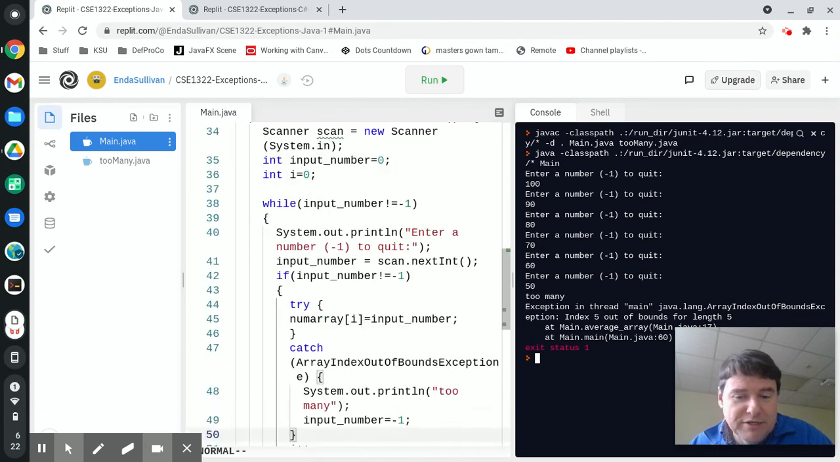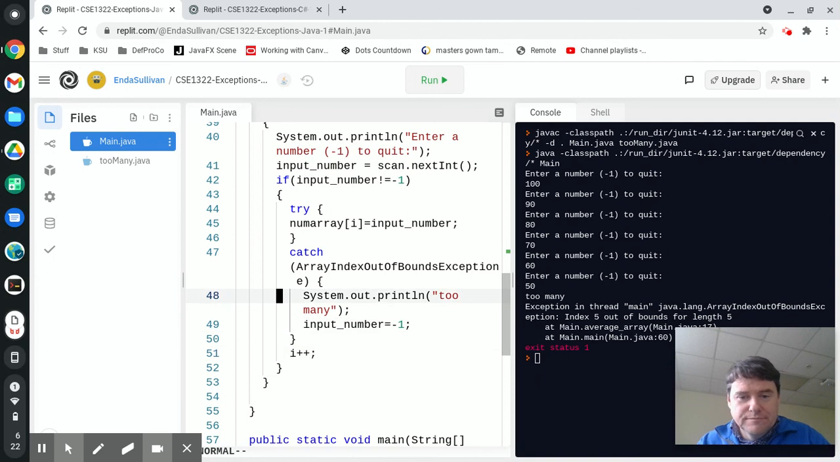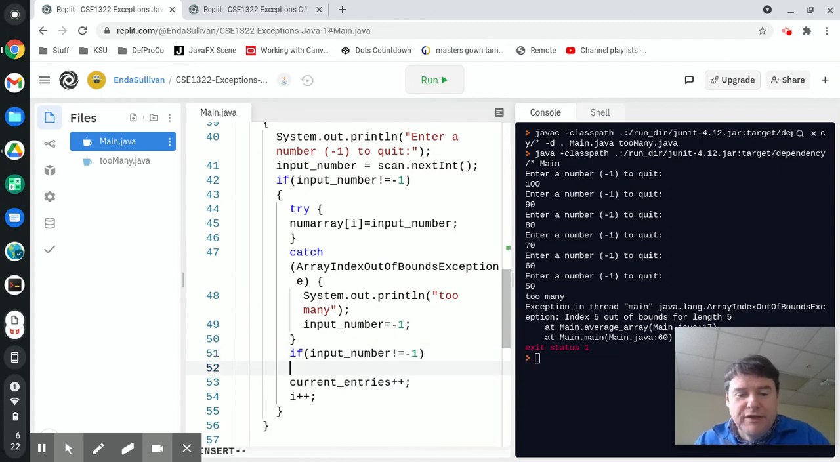Because I still incremented current entries no matter what. Okay, so only if that succeeds do I want to set current entries. Okay, I'll just do it this way. If input number is not equal to -1, because I just set it to -1 up above, then I will increment my current entries. To be clear, the problem here is that I was incrementing the current entries either way,